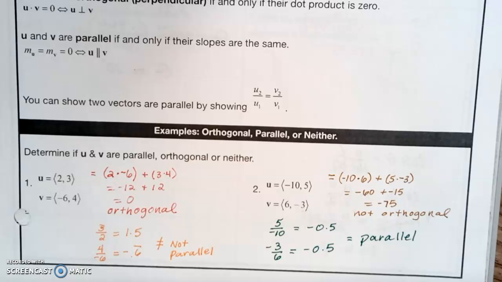Then you want to check and see, are they parallel? Well, if they're orthogonal, perpendicular, can they be parallel? No. So we should get an answer of no. But let's just say we didn't know that. We still need to check. So we're going to go 3 over 2, write it as a fraction. You can